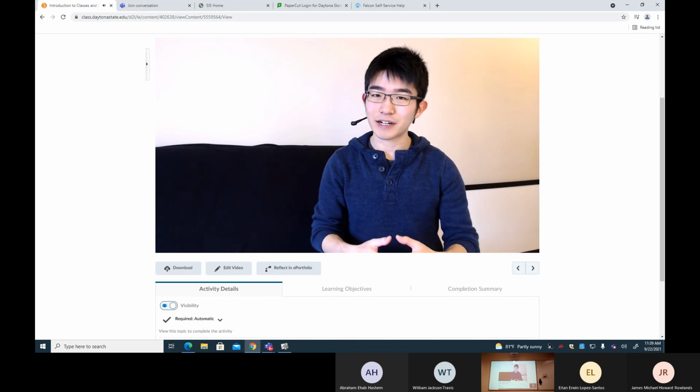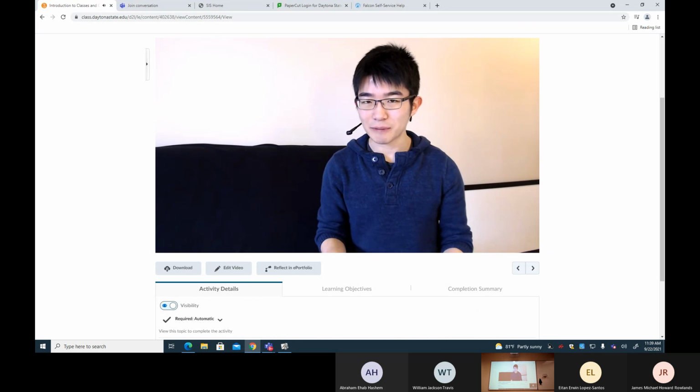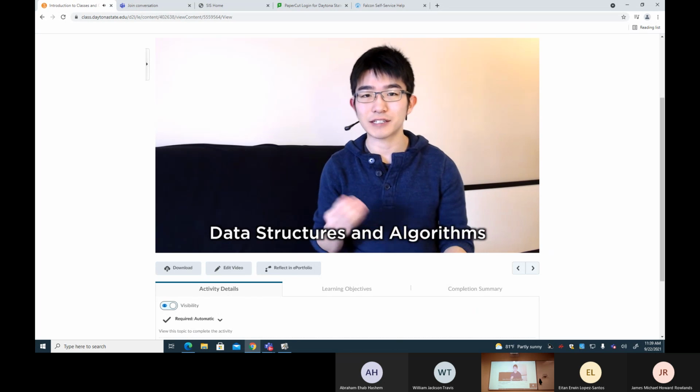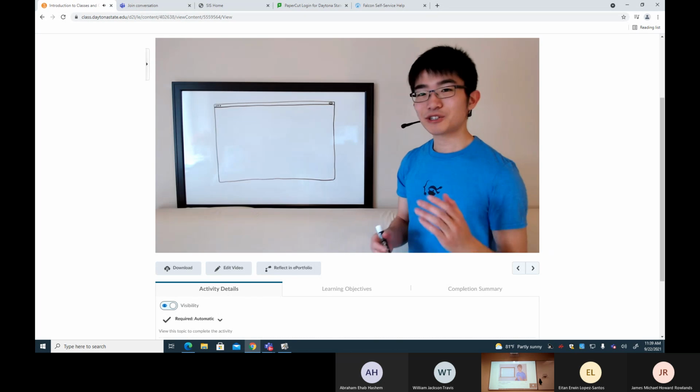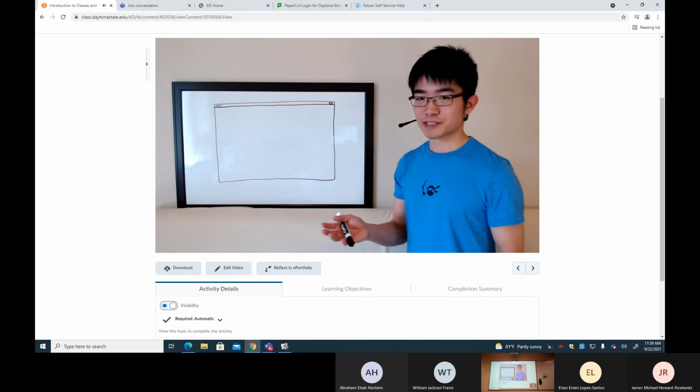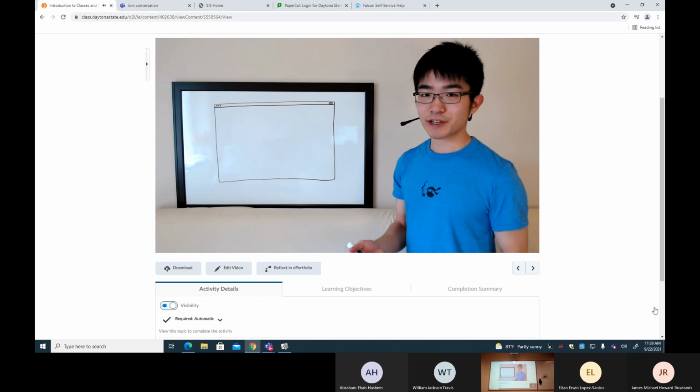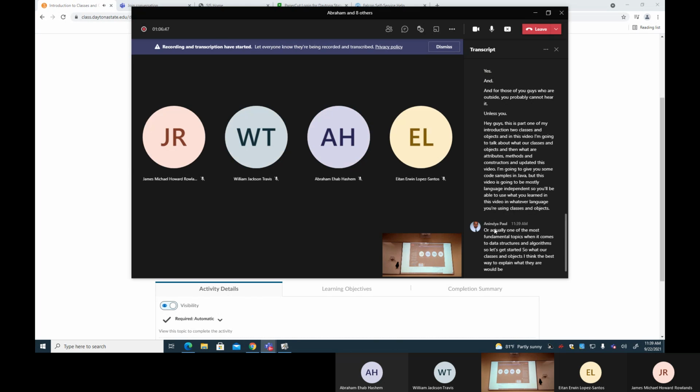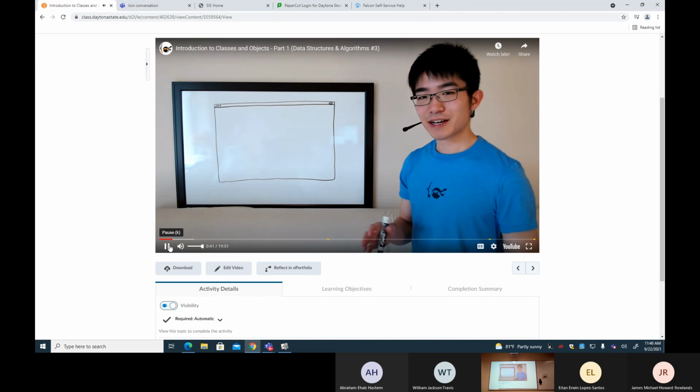Classes and objects are actually one of the most fundamental topics when it comes to data structures and algorithms. So let's get started. So what are classes and objects? I think the best way to explain what they are would be to give you a really concrete example. So let's say as an example,